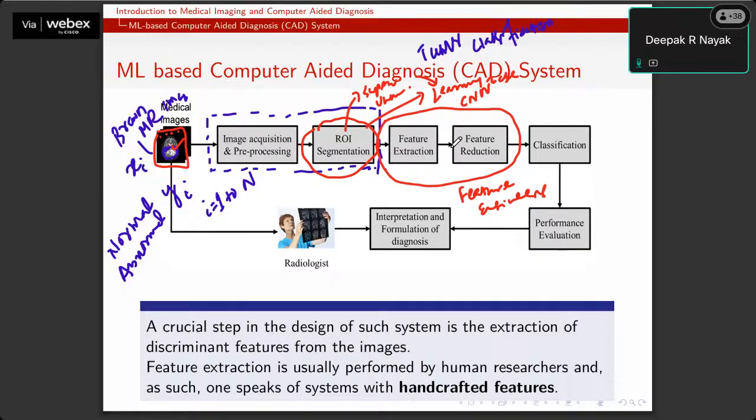So when I say features, the features could be anything. There are different types of features which you can extract from the images. The features could be shape-based features, or geometrical shape based features. It could be color based features. It could be texture based features. It could be anything, right? So there are different types of features which you can extract from an image,